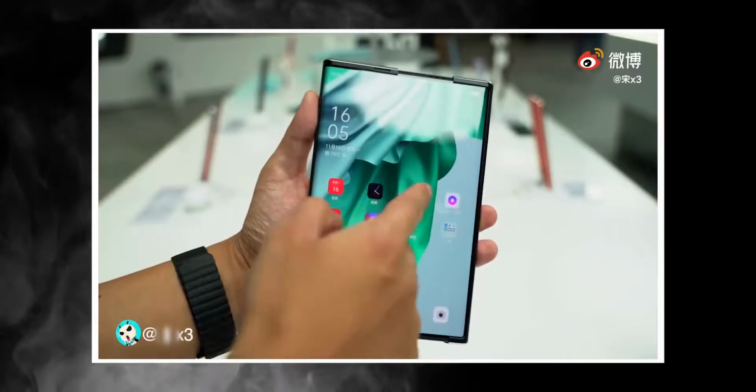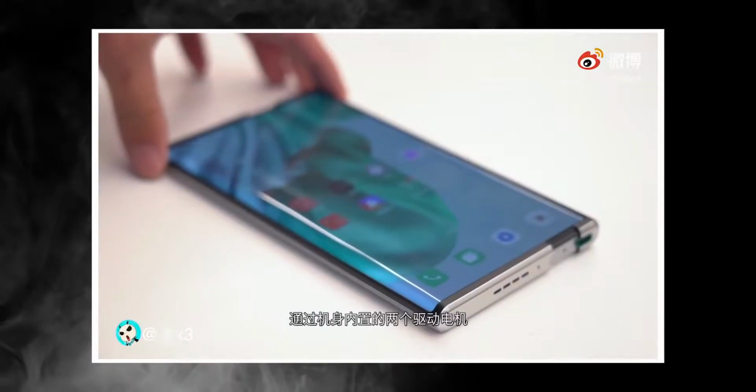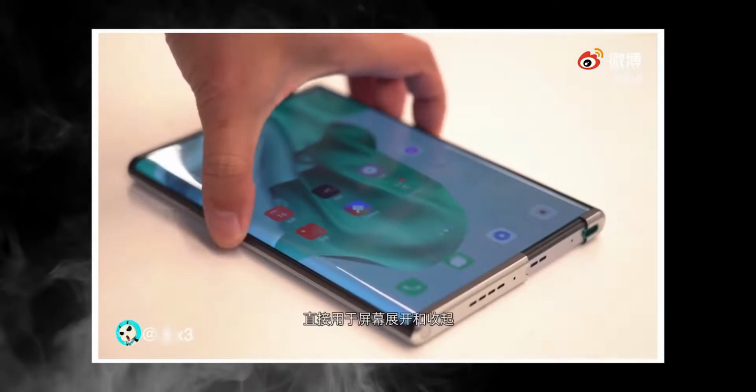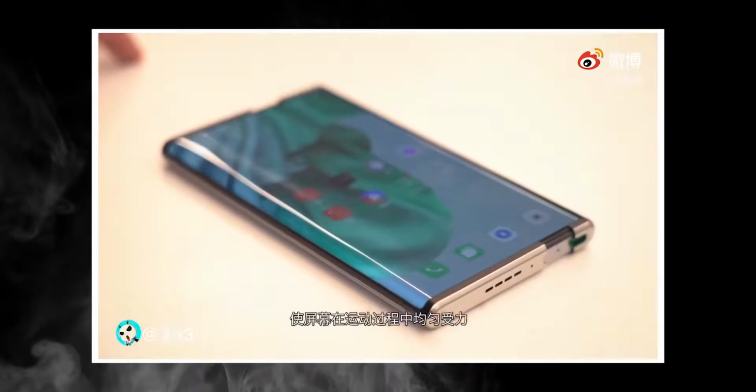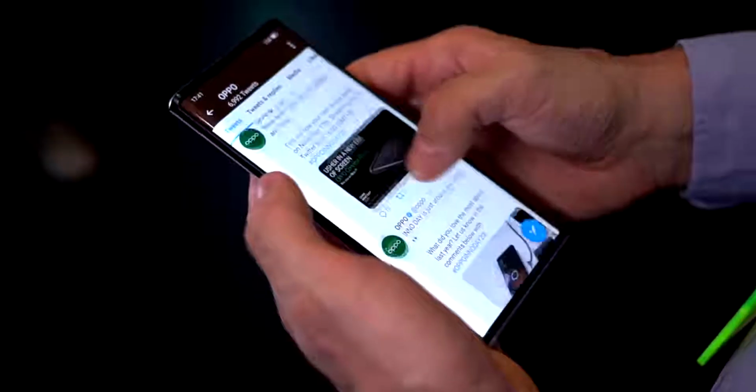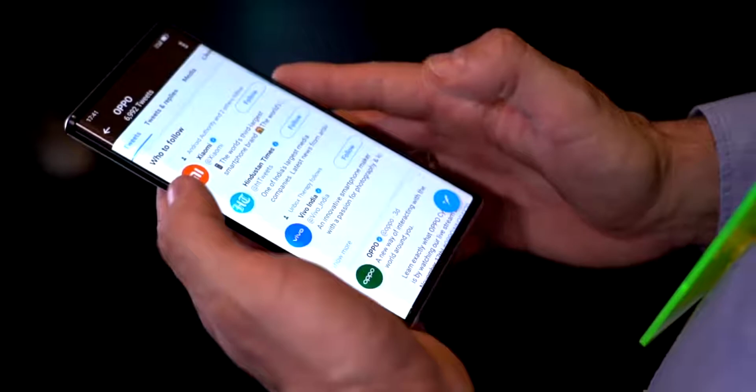It feels like we're back in the 2000s when companies used to come up with crazy ideas for their phones, but this is totally on a whole new level, and I'm really excited to see what they bring to the table. Of course, with that being said, let me know what you think about this down in the comments,